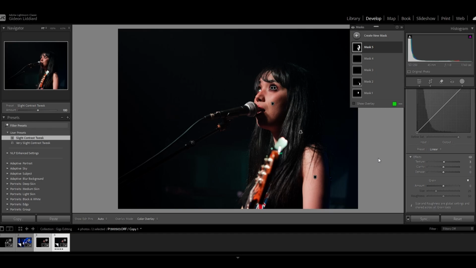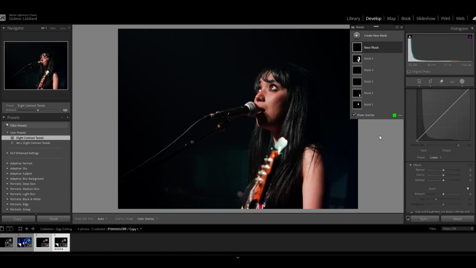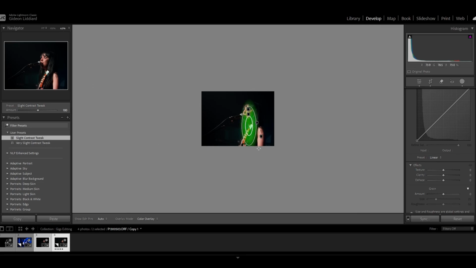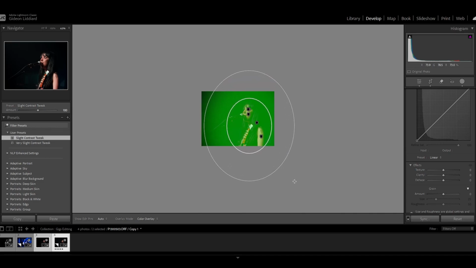Now, the final thing I want to do here in terms of our masks is I'm going to add in a radial gradient. So I'm going to go and click on create new mask and select radial gradient. Now, before I apply the radial gradient, I'm just going to zoom out to 6.3%, so we've got plenty of room to play around with our gradient. And I'm going to set a radial gradient